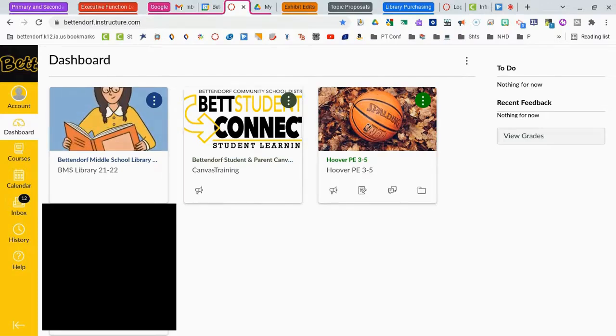So I am logged in as a Bettendorf Middle School student. So again, you would have your child do this while sitting next to you. Once they are logged in and on their dashboard, they'll need to go to Account, which is right above the dashboard part of the navigation bar. So clicking on Account,